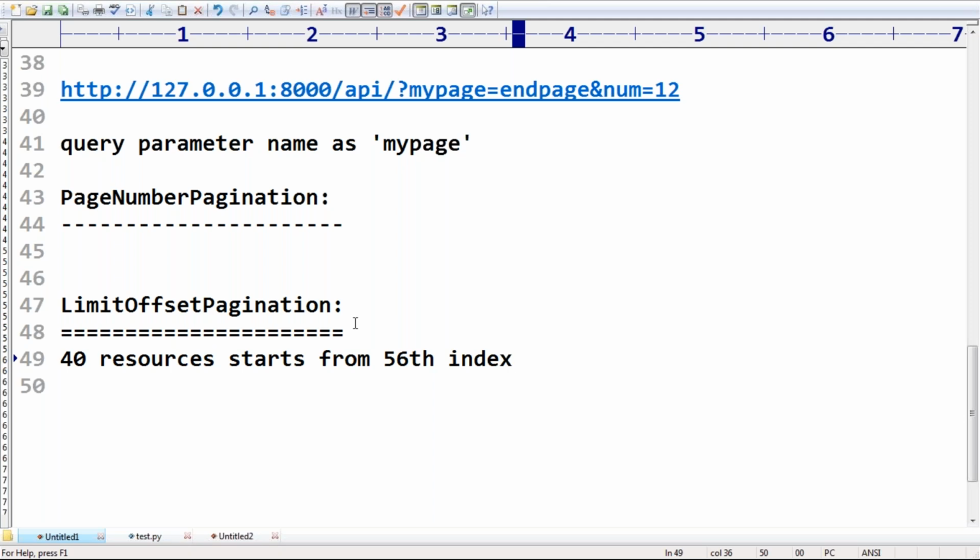Limit offset pagination. Sir, I don't know about the first page or second page, third page, all the page numbers. Boss, I want from the 56th index. The 56th index means assume the 57th record. I want the 57th record. Sir, from the 57th onwards, how many records do you want? I want 40 resources. So here limit means